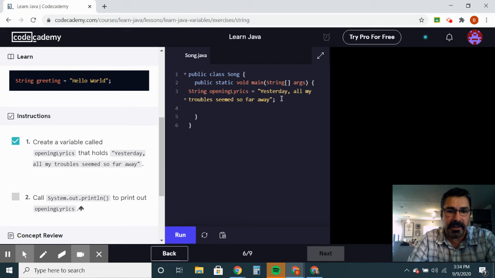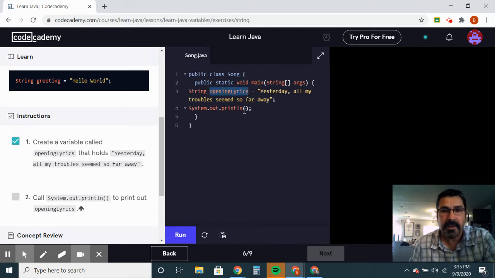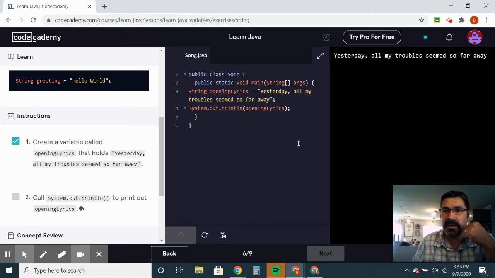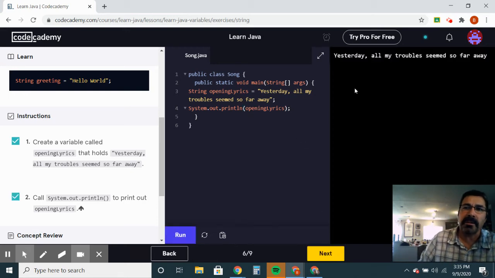So we're going to say System.out.println, and then we're going to put in our semicolon, and then we're going to say openingLyrics. And then we're going to press Control V, and then we're going to run it, and it says,